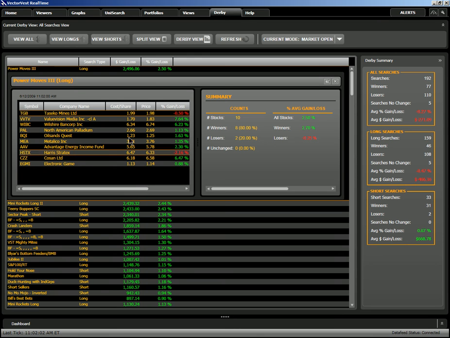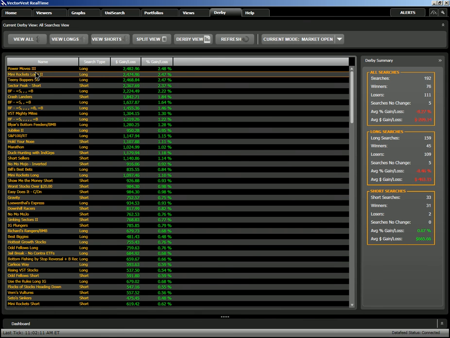If I was uncomfortable with the cost per share on some of these stocks, even though it's the leading strategy or search, I could simply move down the list and find one that has a more comfortable price range for me. Perhaps I'd want to come down to